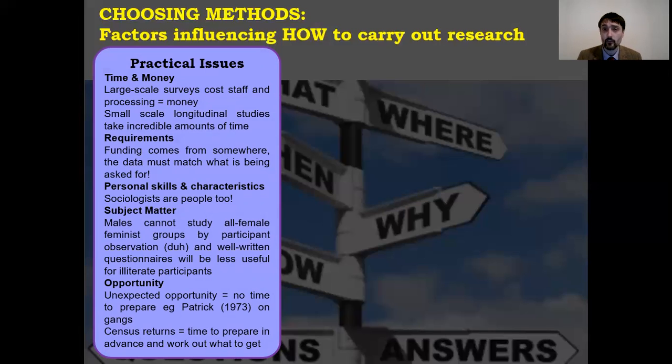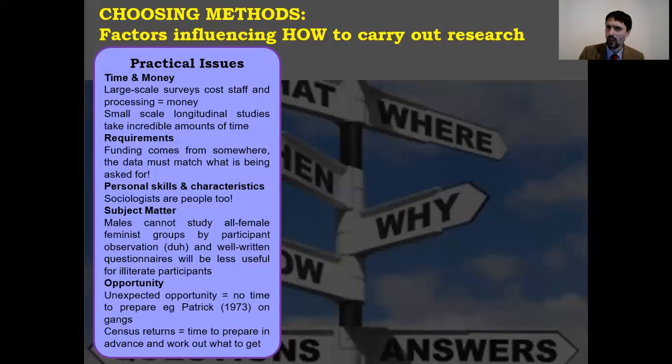But equally, there are other things that sociologists look forward to because they know it's coming. For example, census returns. We know there'll be a census this year. And so sociologists can prepare very much in advance and know that the opportunity is coming, but they also know there's a limitation to the data. So it's not going to tell them everything they want to know, but they can use what they know is going to be asked to work out other questions they can ask in advance, allowing them to work out what they can get, if that makes sense, and what questions can be answered. So opportunity works both ways. It can be unexpected, you can't prepare for it, or you know an opportunity is coming in the future and you get a chance to prepare for that accordingly.